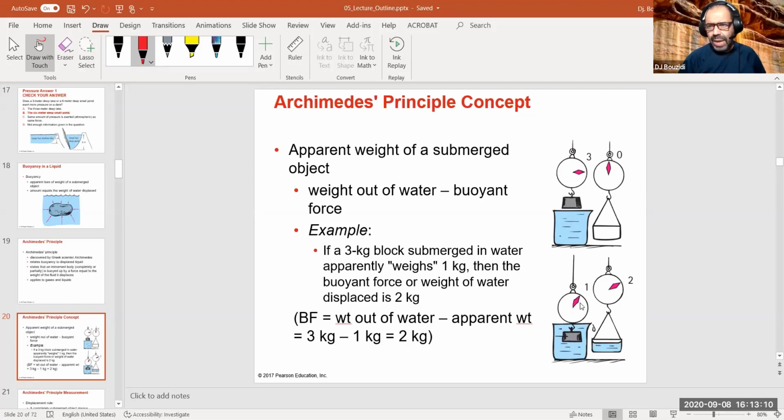So you ask, what happened to the extra 2 kilograms? Where did its weight go? It feels lighter. It required 3 kilograms to lift it. Now it's only 1 kilogram of force, which is 10 newtons basically, to lift it instead of 30 newtons. Then in this case, what happened? You weigh the liquid that has escaped, and you will find that it weighs 2 kilograms, or 20 newtons. So that's where the formula is coming from. This is an exact match.